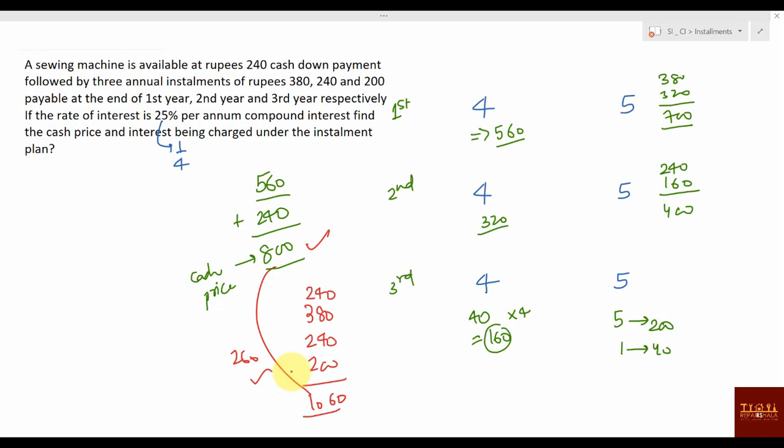When equal installments come, you do it by the ratio method, a square, cube, multiply, make the installment equal, get the principal. Some relation will be given that you can find a corresponding value and then find it. When unequal installments are there, each and every question will have a different approach to solve. So that approach, like at the end of balance is added, was a different approach. In this question, when each and every value is different and cash down payment is given, then you will be solving like this. Okay. All these questions you will not find in any books also.